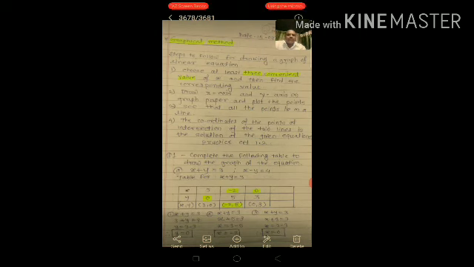So I will go directly to practice set 1.2. The first question in this practice set is: complete the following table to draw the graph of the equation. Example first is x plus y is equal to 3 and x minus y is equal to 4. For the given equations, the first equation's table is x plus y is equal to 3. The given values are there in our textbook.